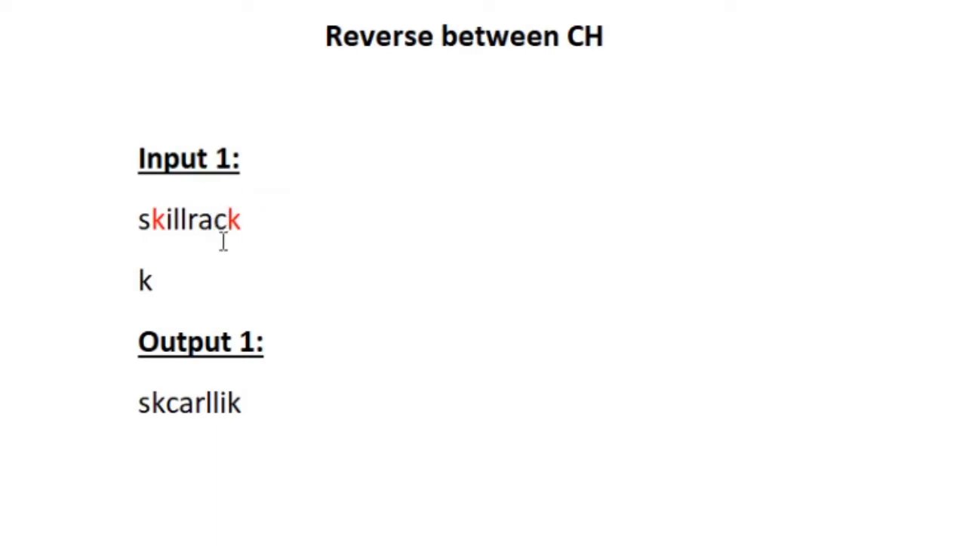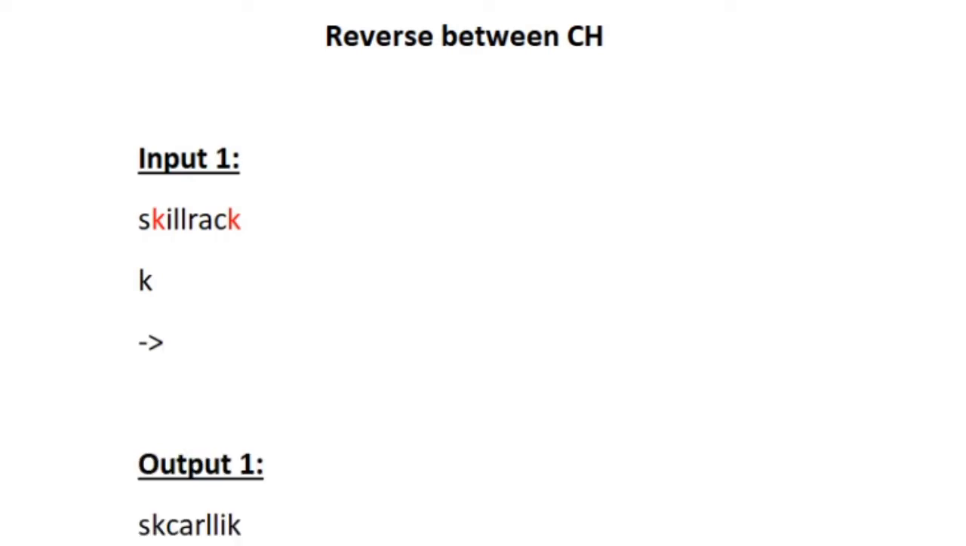in red color. The characters present between the first and last occurrence of k are I, L, L, R, A, C. Now our task is to reverse these characters. Let us form our output. We will print the characters until the first occurrence of k, and after that the characters need to be reversed. So now the character C must be printed after k, and then A, then R, then L, and finally I, because the characters are now reversed between the k, and finally we end